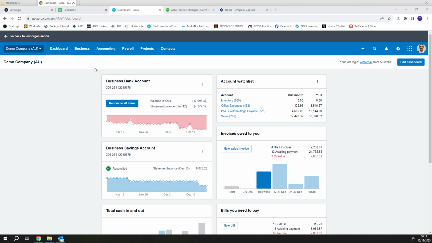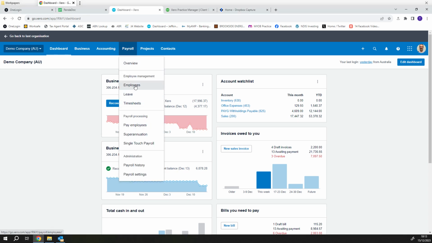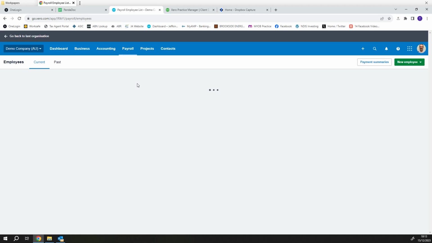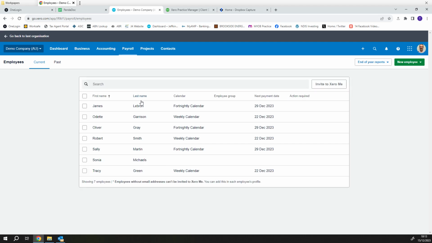First thing we need to do to terminate an employee is to review their entitlements in the employee tab under payroll. So we'll do that. So we'll go payroll and employees. And in our scenario, Tracy's handed her resignation in and she'll be finishing on the 19th of December. So we will select Tracy